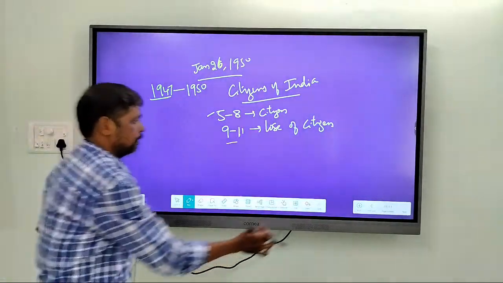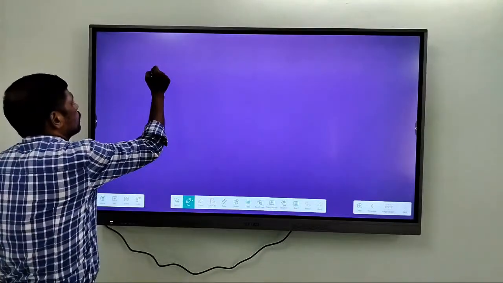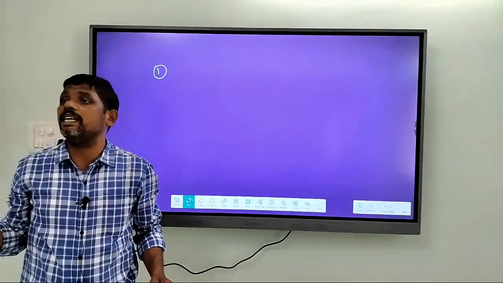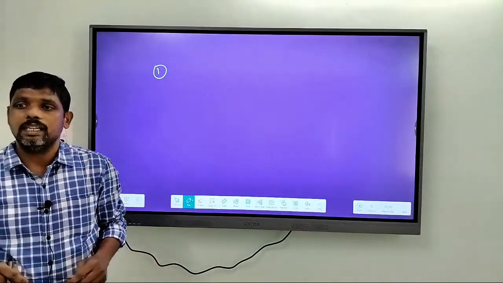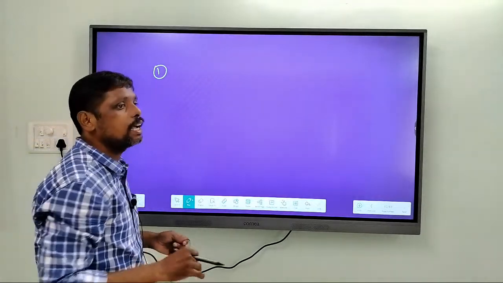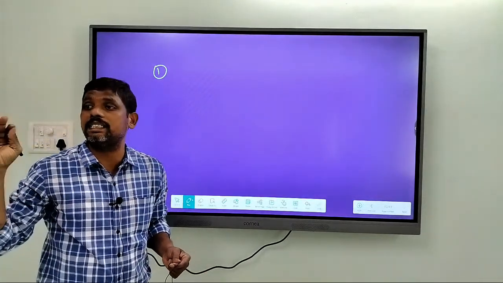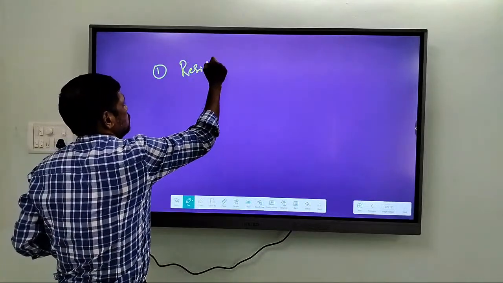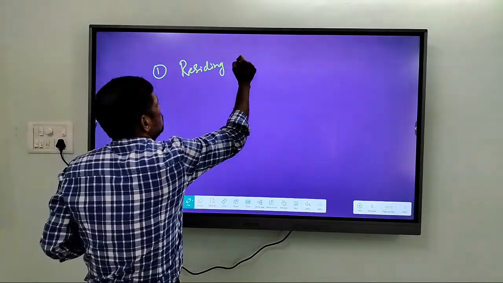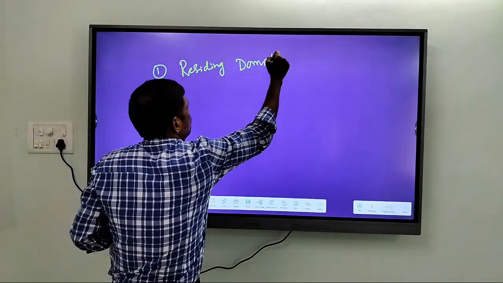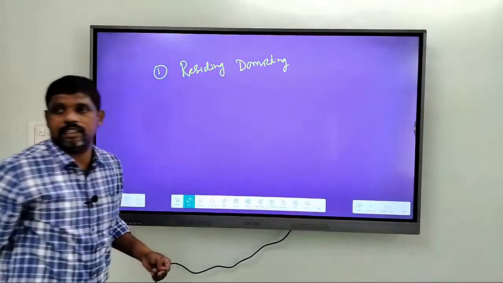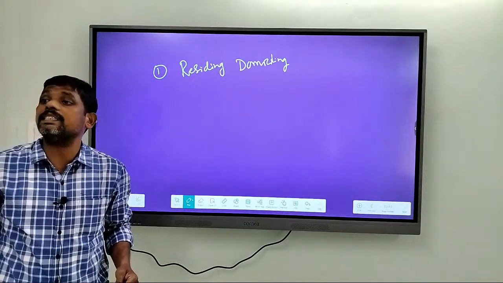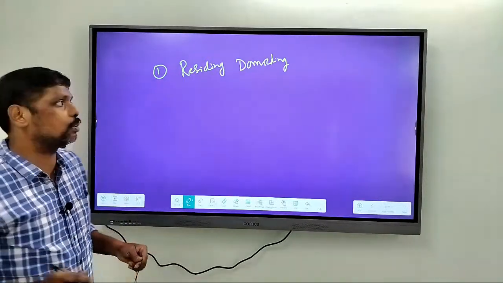First category of people. Let me use a new slide. The one who is residing and domiciling in India, that is, the one who is staying in India, is treated as a citizen of India according to Article 5, provided